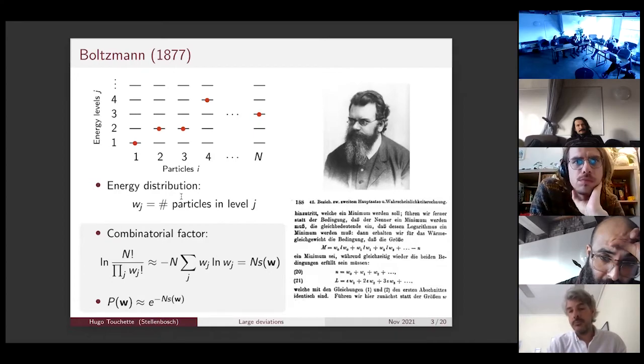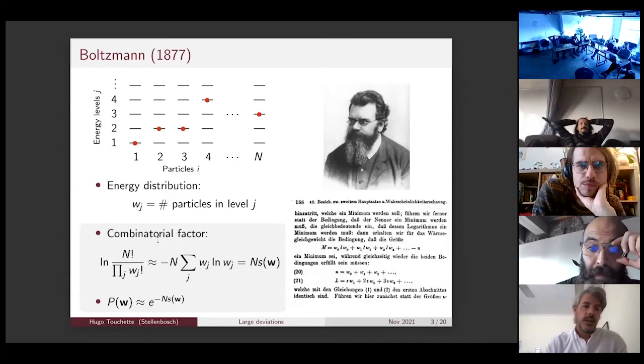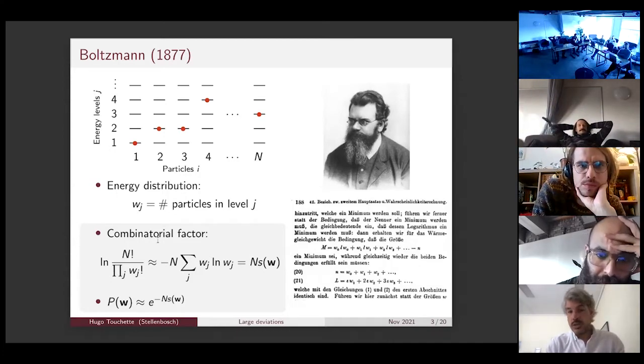For a given microscopic configuration, this is just the empirical distribution of the energies. So that's the energy distribution. If you have a different microscopic configuration, you're going to get a different energy distribution. So that energy distribution is a kind of random variable. Now, Boltzmann knew, and then we know in statistical physics, that if you want to do thermodynamics, what you need